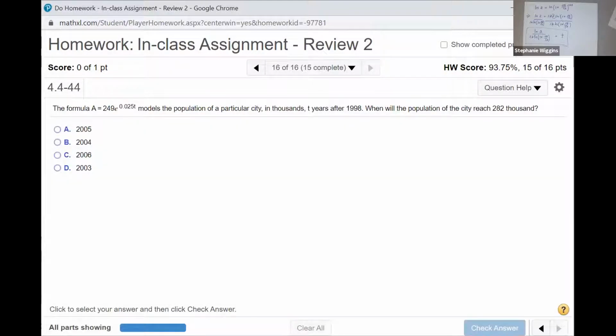Here we have a formula. It says it models the population of a particular city in thousands, T years after 1998. When will the population of the city reach 282,000? So this is basically the same problem as the last one. We're looking for T. So we have 282,000,